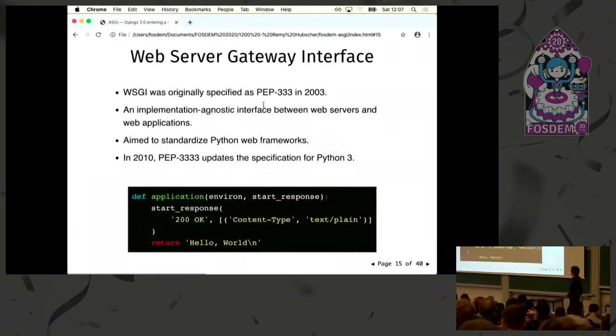So the goal of WSGI was to say, you have this request, and I will pass you the information in the environment. And then you will have this start_response thing that will be the beginning of the response, and you can write your contents after. So here we see the headers and the HTTP status code. This worked for a long time. The first version of that is from 2003, and it was updated in 2010 with Python 3.